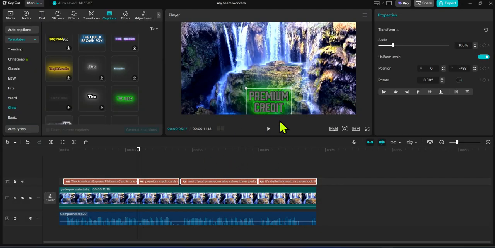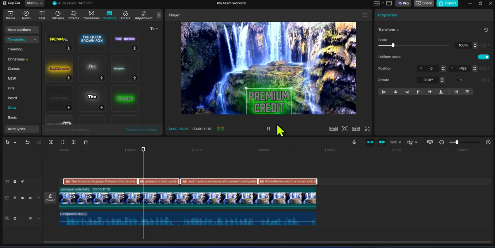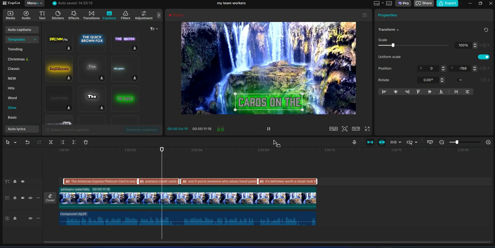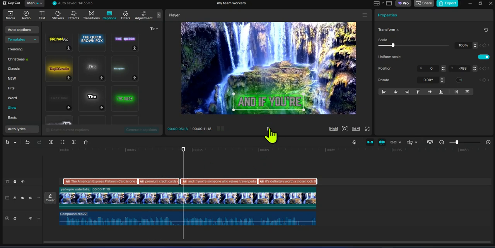So after some seconds, now here is my caption with the glowing effects. And that's it, guys, on how to create glowing captions in